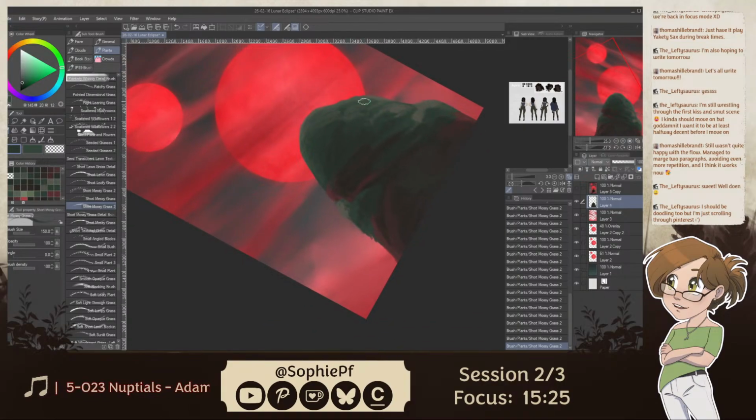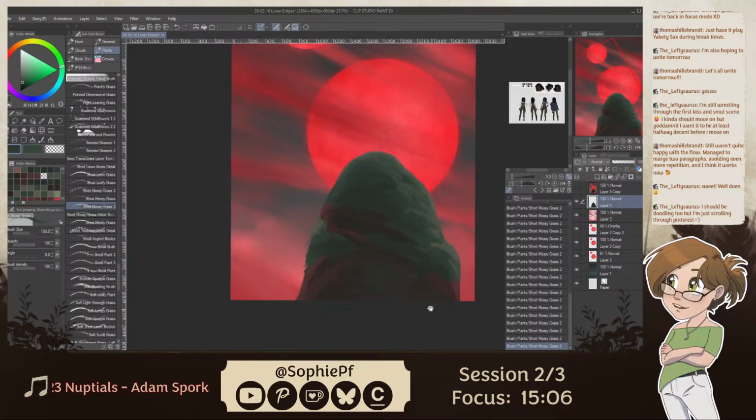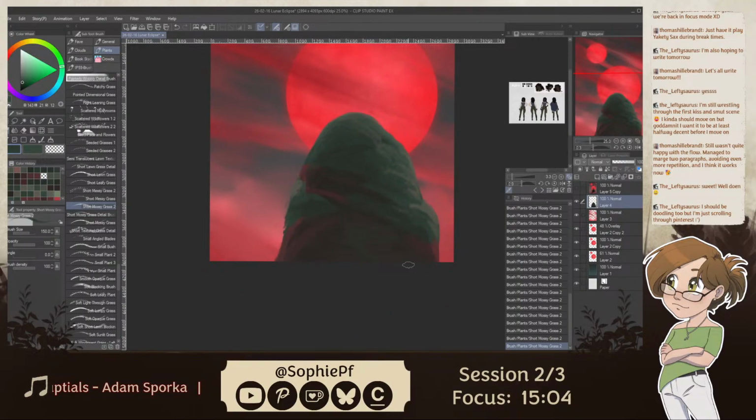Ooh, still looking for what to doodle or just references? So, making green and red work in the same piece, not easy.